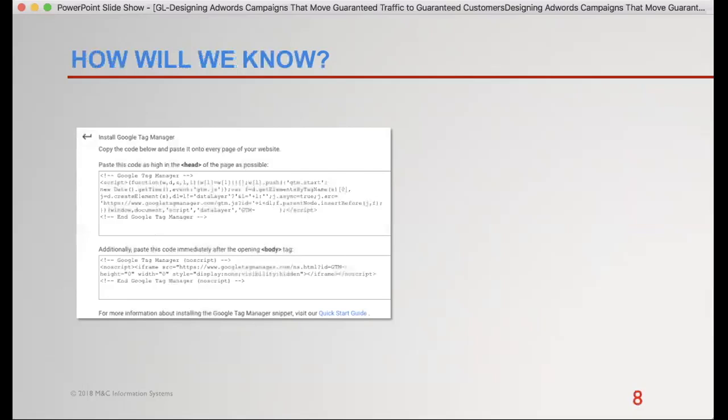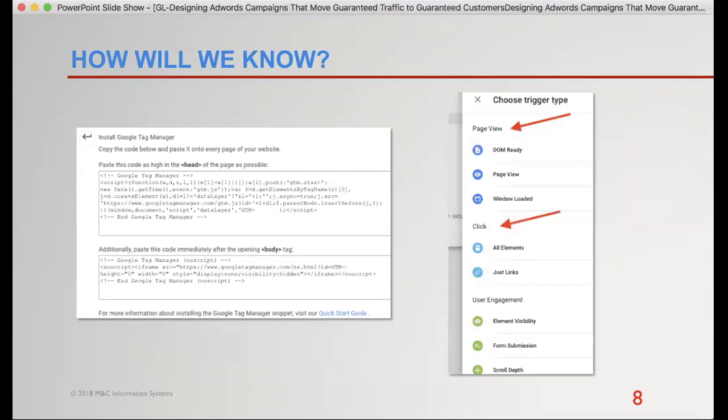We need the IT department to do this, which is put code on our website at the head, put it in the body, and then after we've done that, we can set up a bunch of different triggers inside of the Tag Manager, right? So we can maybe do it on page views, or we can do it on clicks or some other form of user engagement.